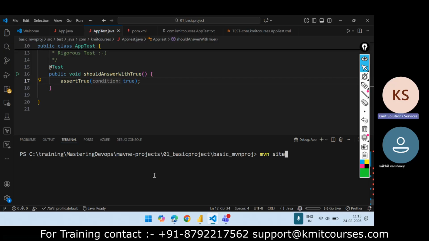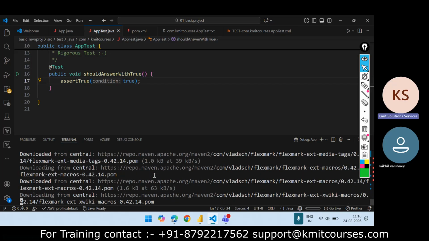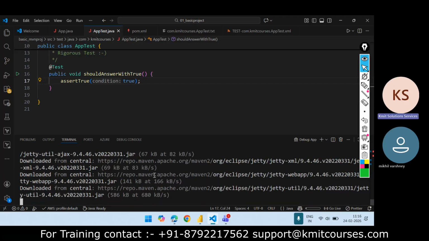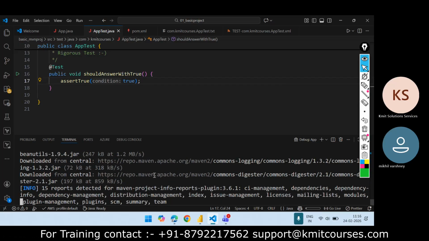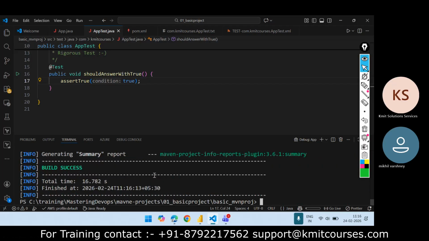So this is a separate phase. It will not run the compile, test, install. No, it is a separate life cycle. So now it is basically used from the documentation point of view. Automatically a documentation will be created. Right. So here now you can see